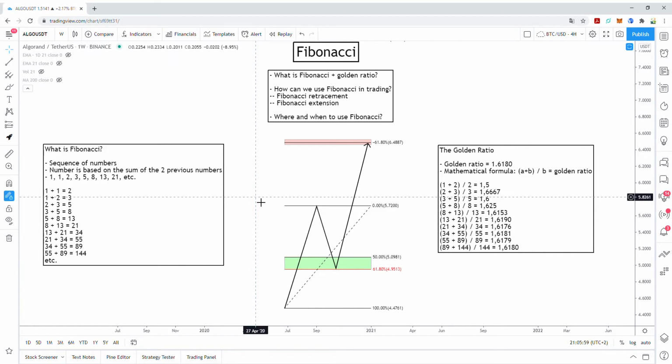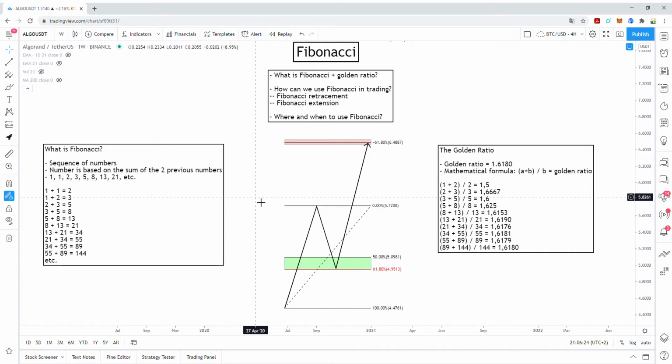Today I will be discussing Fibonacci. It is a bit more advanced tool that is used in trading. So if you are new, you are a beginner to trading, please check out my video about support and resistance first before you move on to Fibonacci. Once you master the support and resistance, you can add the Fibonacci and it will give you more of an